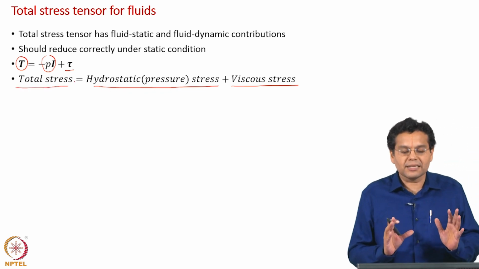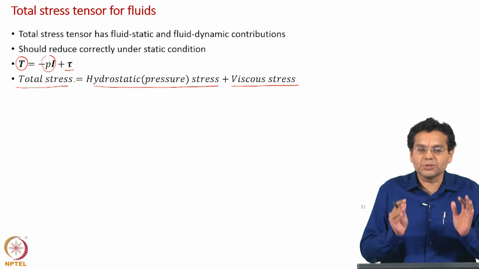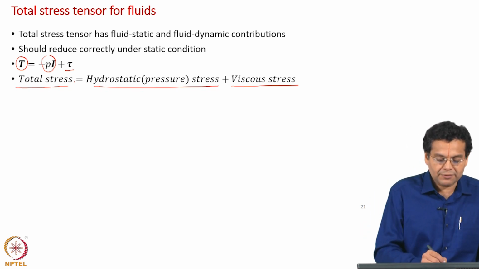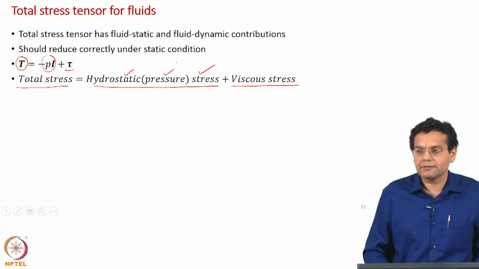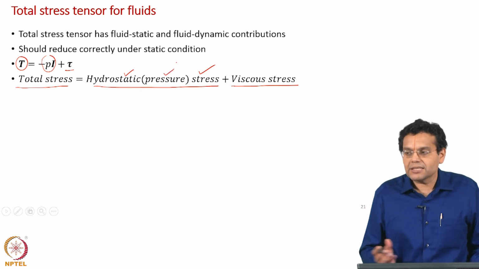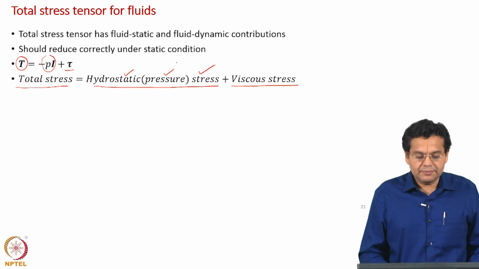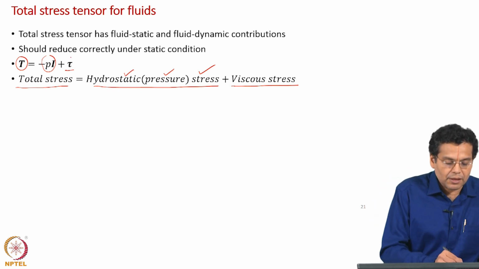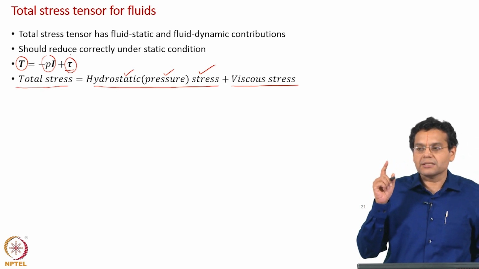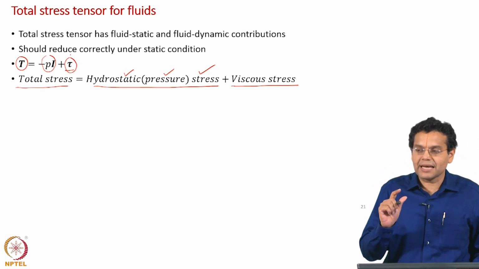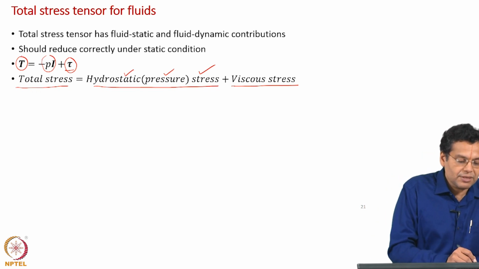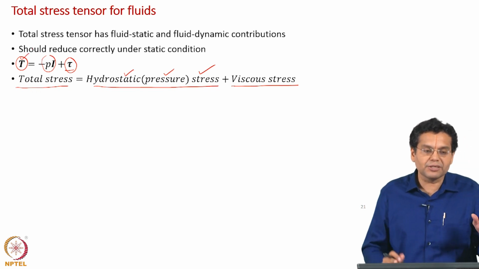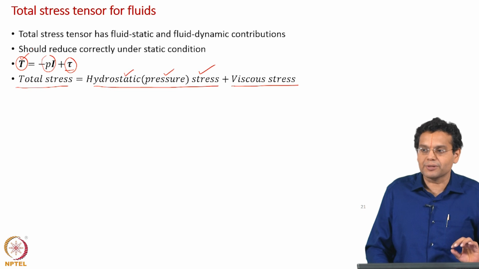Just under static condition it has some stress; we have seen that it is purely due to pressure, that is why I have written hydrostatic stress, and in bracket I have written pressure. Now, when it starts moving, additional stresses develop, which are the viscous stresses. This tau and the tau in solids are exactly analogous, only this T was different. Okay, that is now you understand why we introduced capital T when we came to fluids.